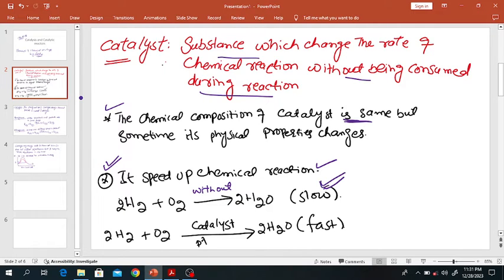Without a catalyst, it is a very slow process. For example, this is hydrogen and this is oxygen in a cylinder. It will take a very long time to produce water